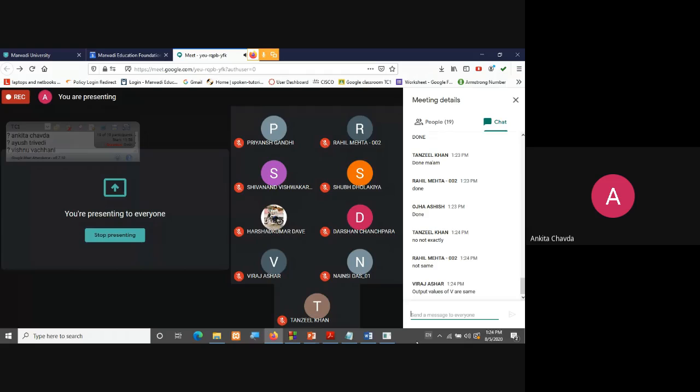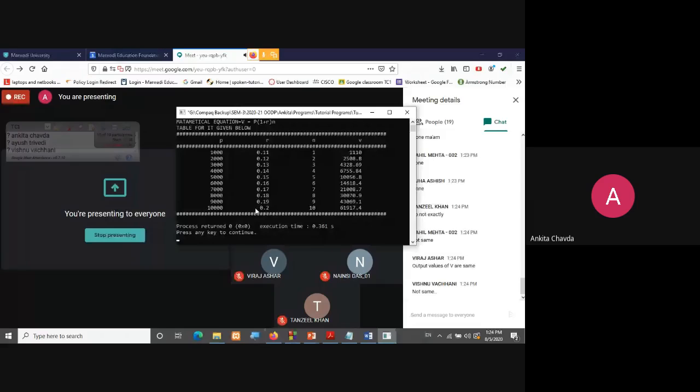Our values of V are seen. That is okay, but I'm asking about the formatted version. Otherwise, it's the simplest program, right? But just for the format, I want to know. If you use it, then only will you get to know where to use this setW and how.